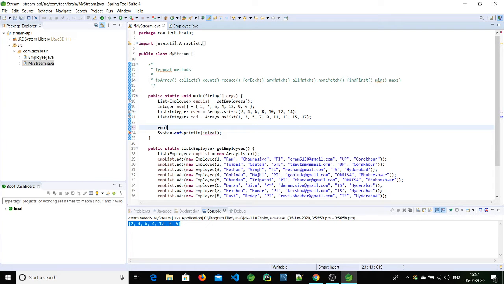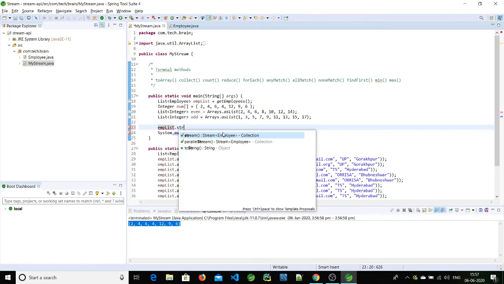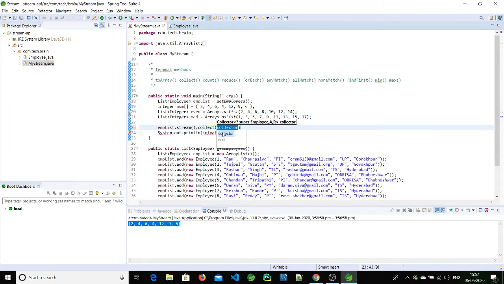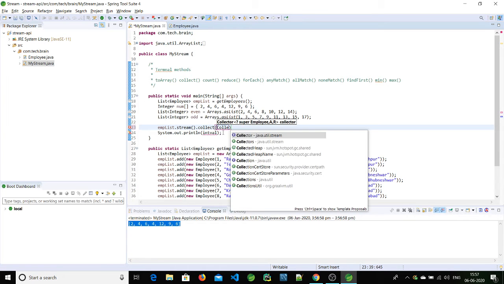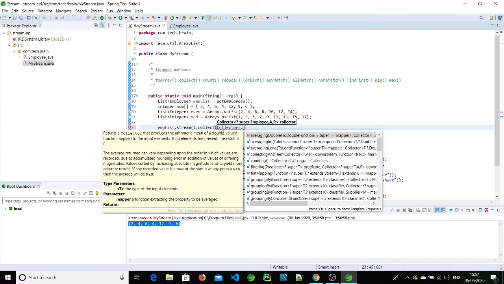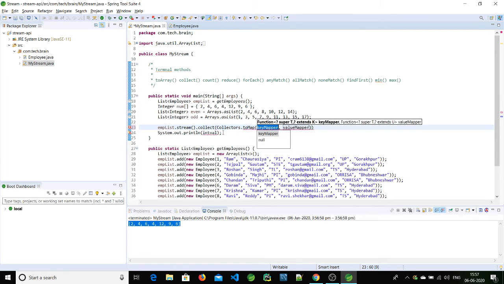So emp list, on top of that a stream, and let's call the collect method to collect as a map. Here we specify Collectors. This is a Collector class where the formats are available. So here we can specify toMap. Map is expecting what are the key and what are the value.